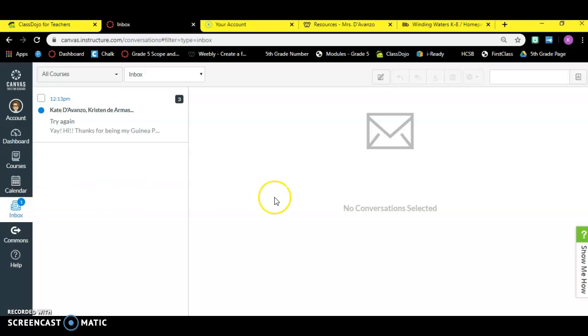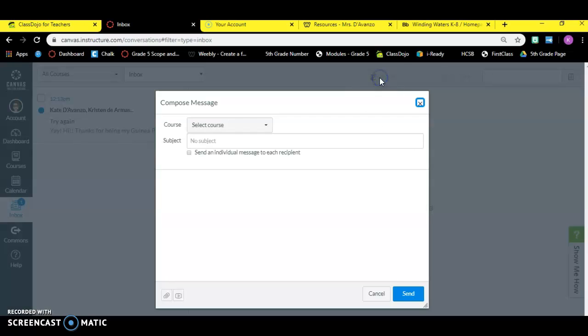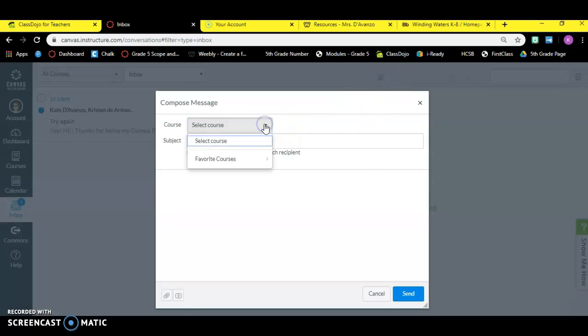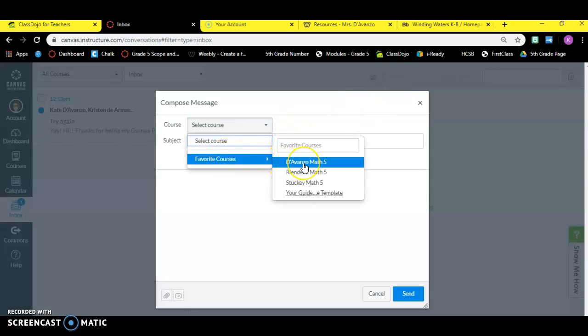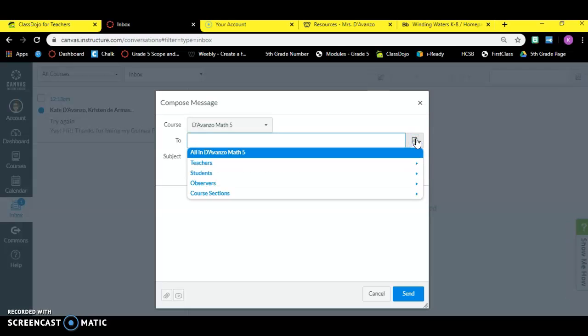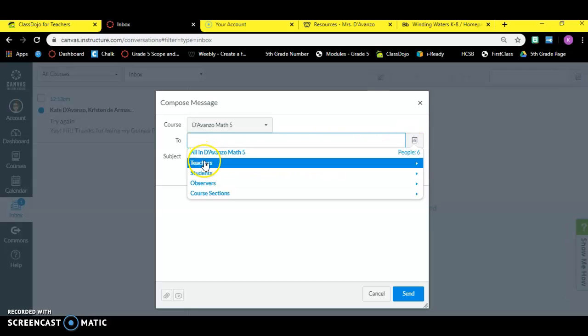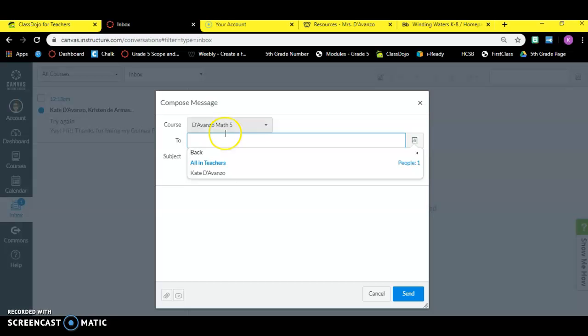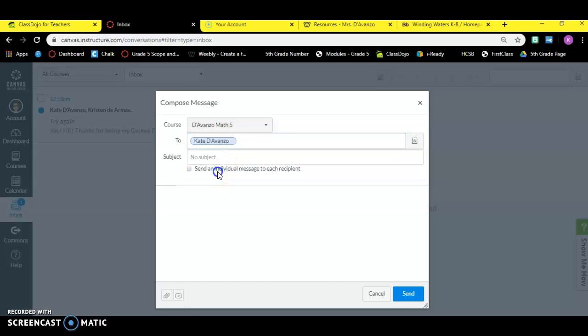And if I want to send a new message, I'm going to go to the top middle where the pencil is, and I'm going to click on that. I'm going to select the course that I want. So if you're going to message me, you would pick the math course. And then if you click on the little address book over here, you have an option to click on the teachers. So you're going to click on teacher, and then choose my name,